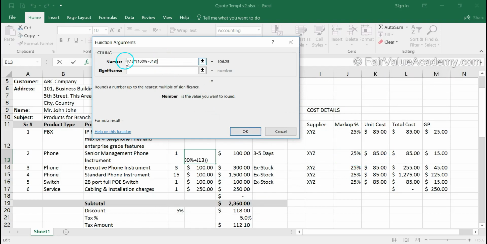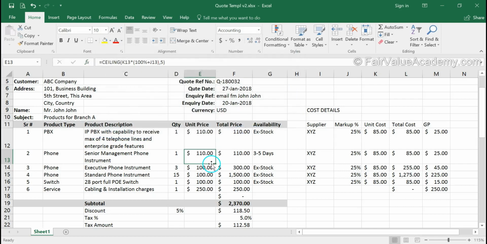So this is the field where you enter the formula and then the significance or the multiple, which is 5. I'm going to drag this down till bottom. If you see, this price has gone off because there is no cost associated with this line. So in this particular case, you manually type the selling price.